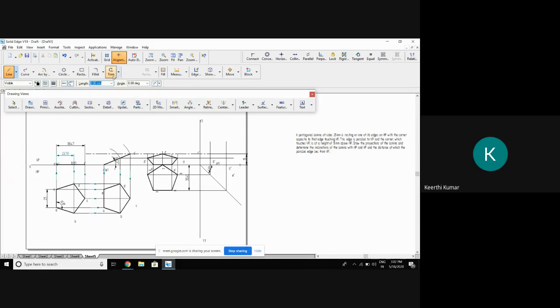See. Trim. A, B, C. See now, it has become again an inclined line. If we check the angle here, this is with respect to HP. How much is it supposed to be? Can you tell that angle? 23. As usual, with respect to HP, it is 23. Other side, if you measure, this angle will be how much? 90 minus 23, definitely it will come 67. So mathematically also you are proving, and also you are proving graphically.